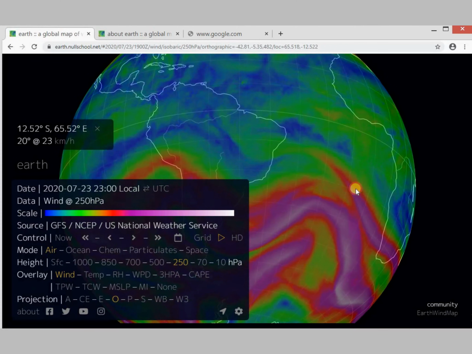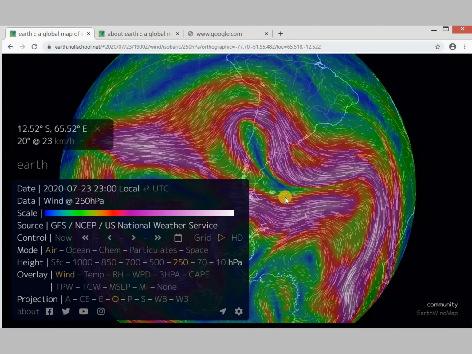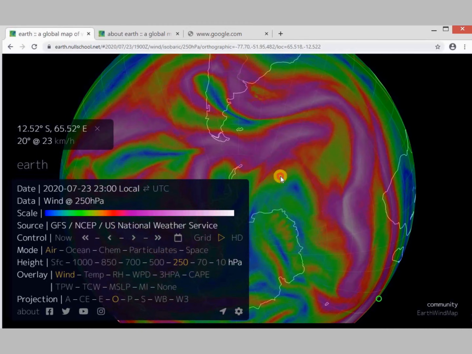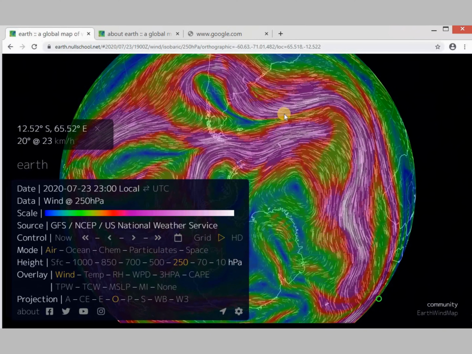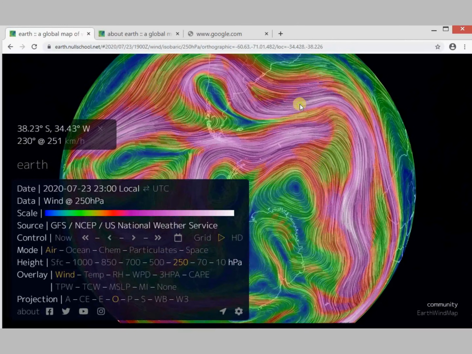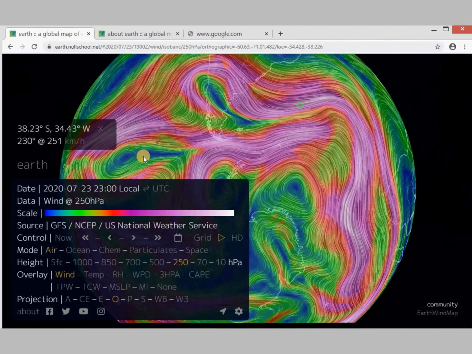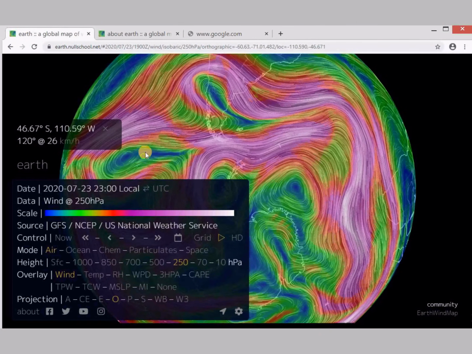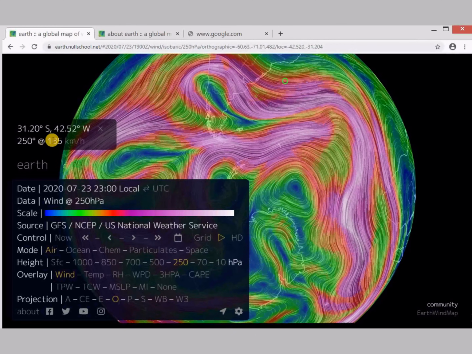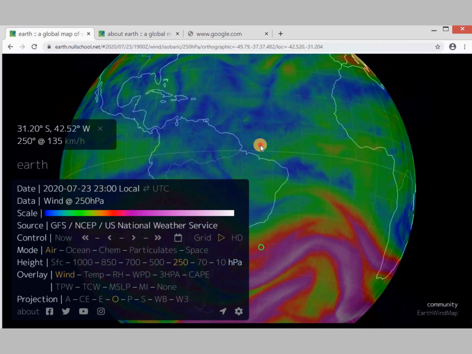So they form a special pattern, especially they are stronger in the polar and subpolar area. So we see these purple and red lines. These are fast moving jet streams and they have a special pattern. So let's check out the speed here. So it's 251 kilometers per hour. And if we go there somewhere in the middle, it's lesser, 26 kilometers. So these are quite fast moving winds. You can see 135 kilometers per hour. That's why these winds are called jet streams.